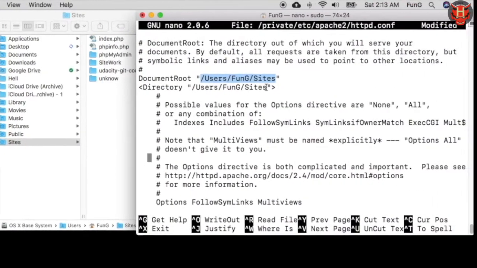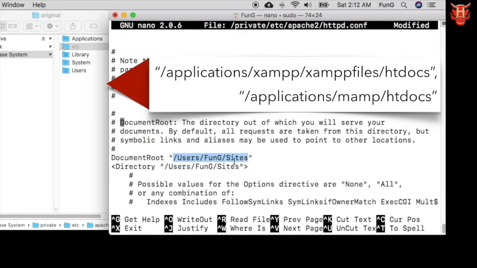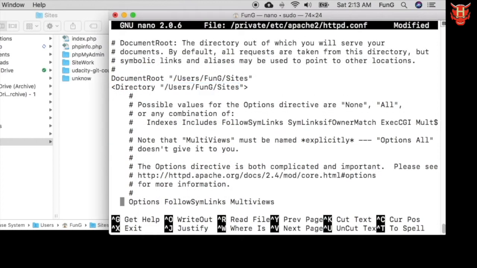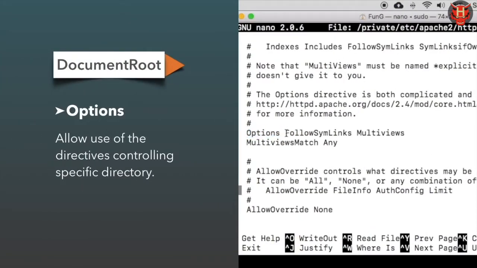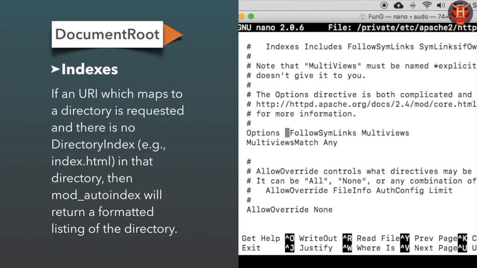You can use your own directory path URI. About level 3 of the document root and directory path, I will explain more later. Make more settings on this line. Options. Allow use of the directives controlling a specific directory. Indexes. If a URI which maps to a directory is requested, the autoindex will return a formatted listing of